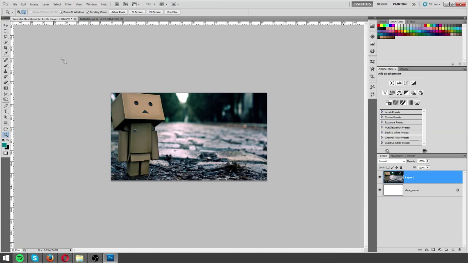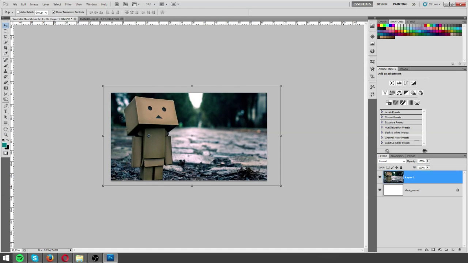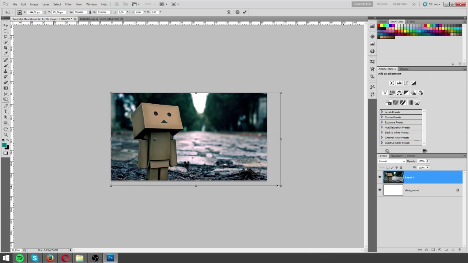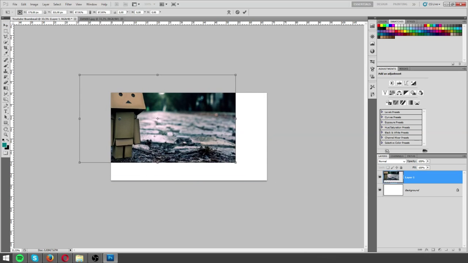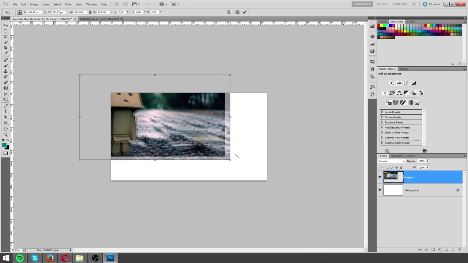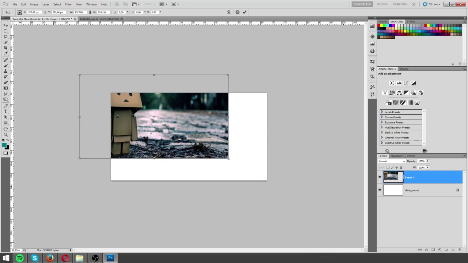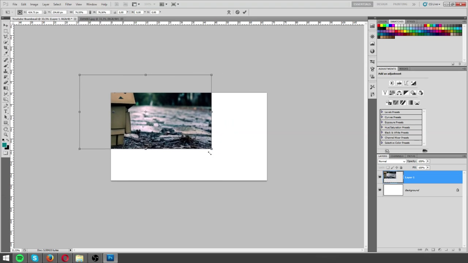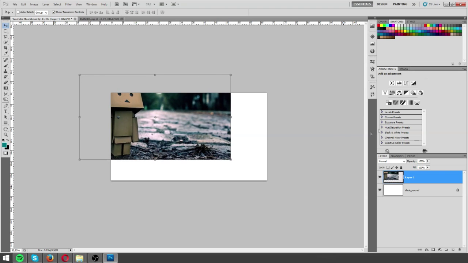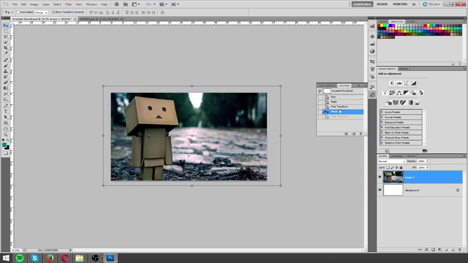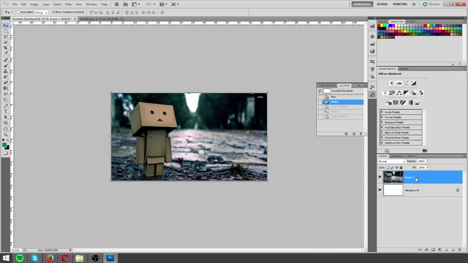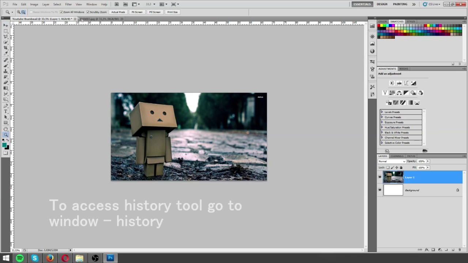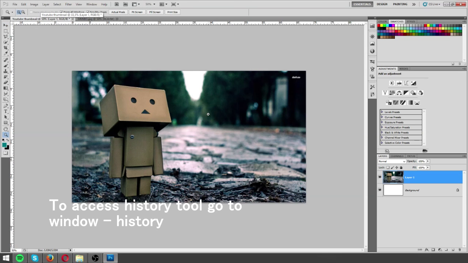It is important that when you upload an image that is bigger than the thumbnail, you don't change its size from here like this. This will reduce the quality. So what you have to do is go to one of the corner points, hold Shift, and drag it from there. This will not make the image lose quality. But we're going to go back in history. The History tool is really useful, guys. So we're going to zoom back in,